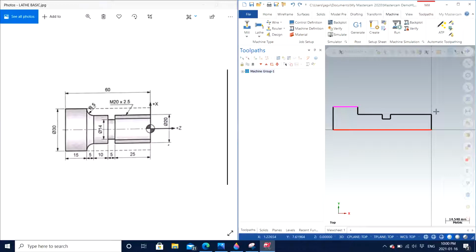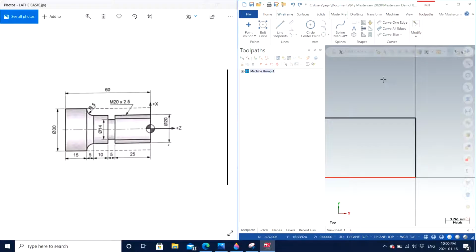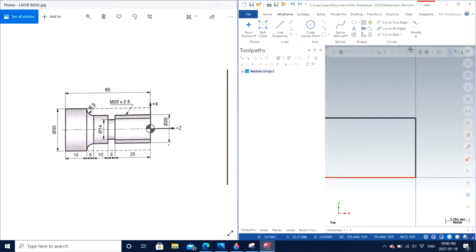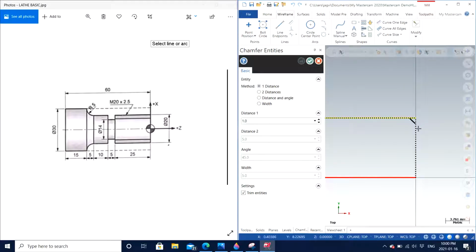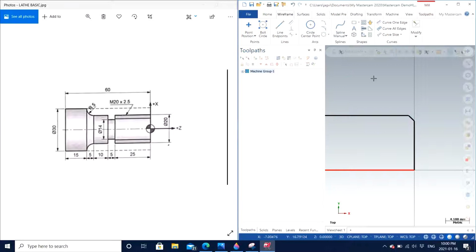So the first one, in order to make it smoother, we add chamfers. I go to wireframe, I click on modify, and under modify I have chamfers. I click on chamfer, and I'm just going to add any random chamfer because I don't have a specific drawing stating that I make a particular chamfer. Otherwise, in every drawing it is going to be mentioned that all the chamfers should be of this particular dimension. So we need to make sure that we follow the drawing carefully. So I added the chamfer right here,